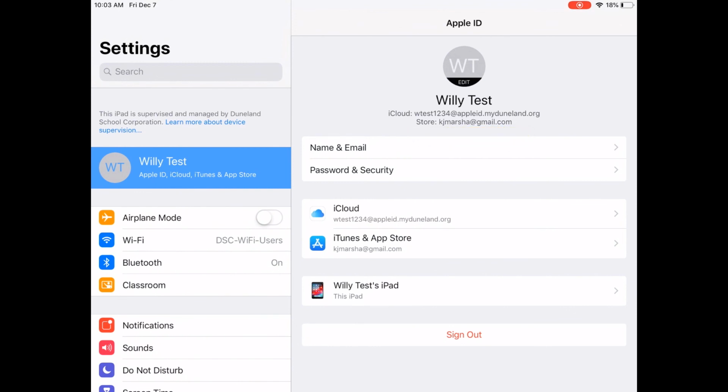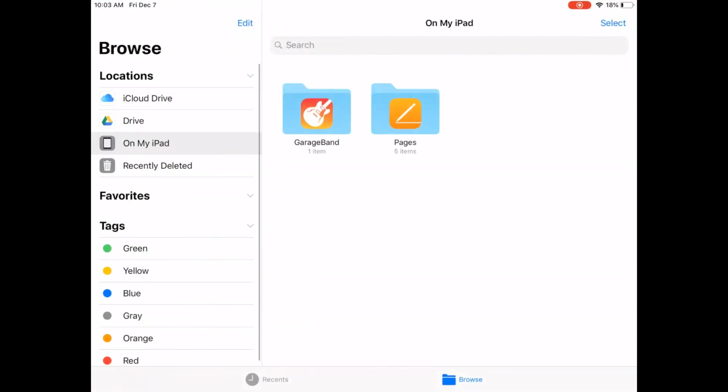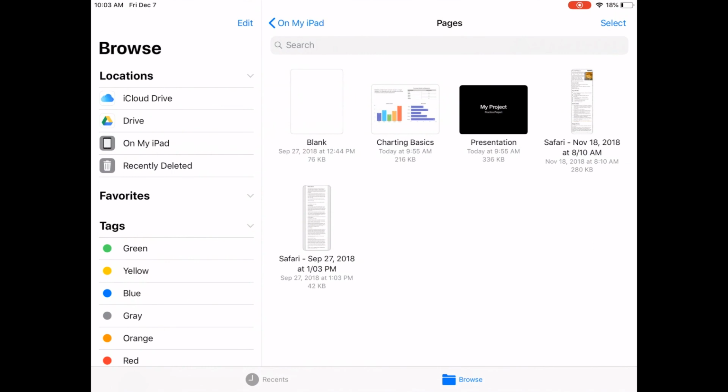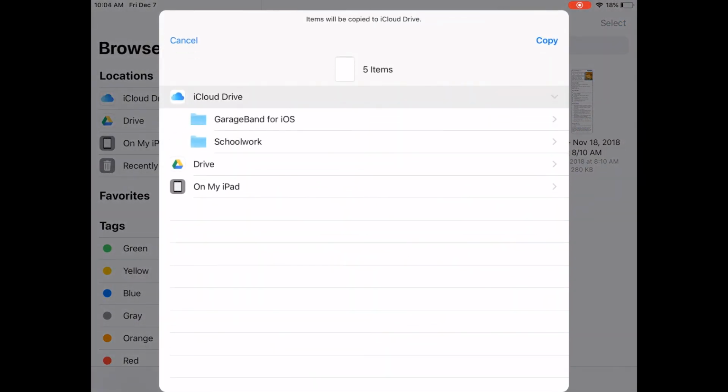Now that I have it set up this way, I can go back to my Files app, take everything that was on my iPad, and I can move it back to my